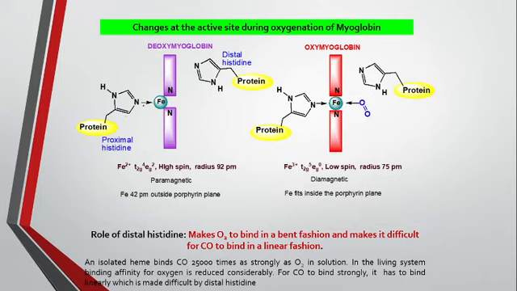Here, the deoxymyoglobin has a proximal histidine, and at this stage the Fe has a +2 oxidation state, and these Fe2+ are high spin. The Fe2+ system has a